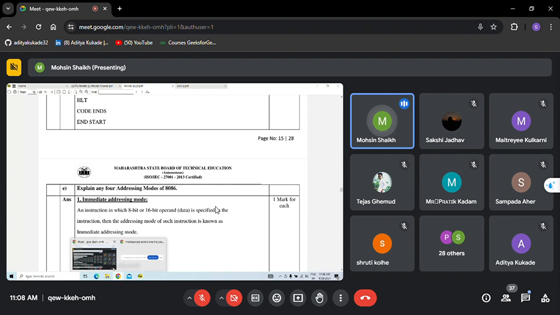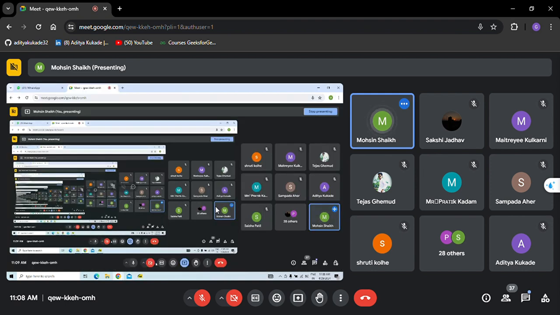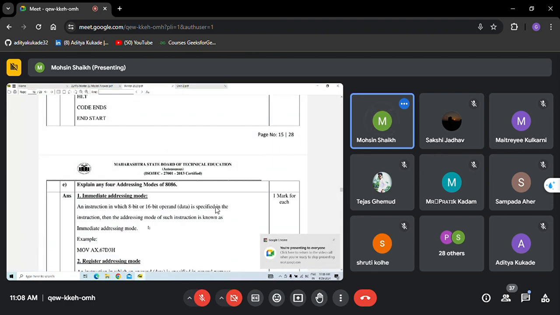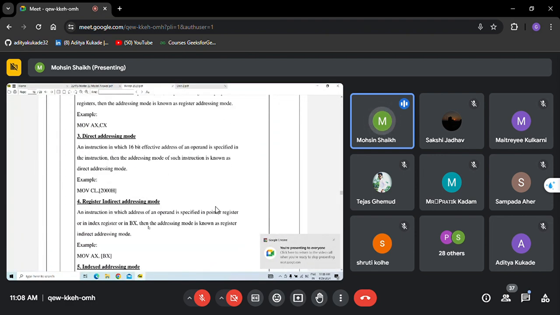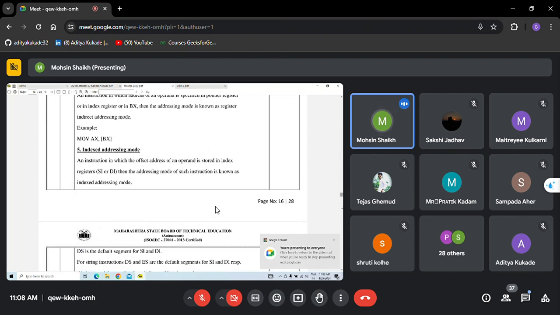Explain the data definition directive, हे पण क्वेश्चन विचारलेले आहे. हे झाले सेकंड चॅप्टर. That is the first chapter आणि सेकंड चॅप्टरचे इम्पॉर्टन्स. ओके,